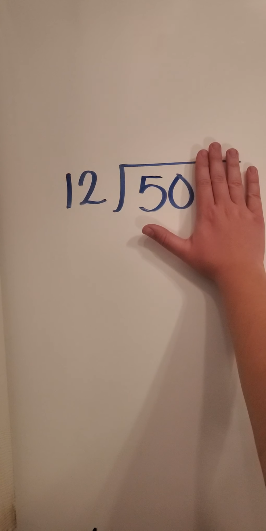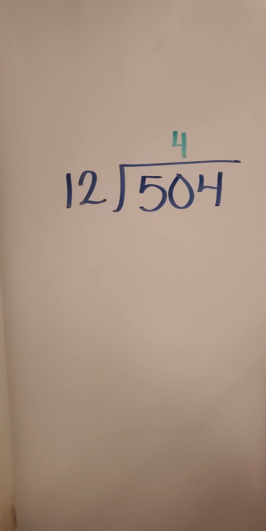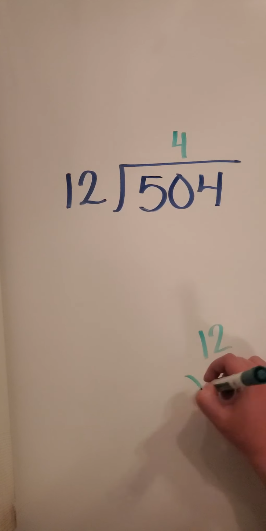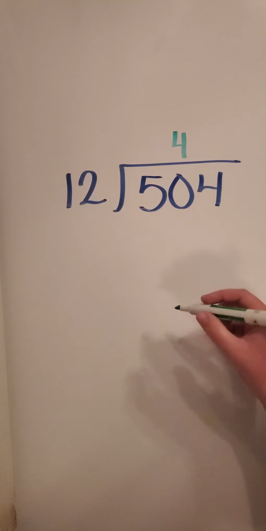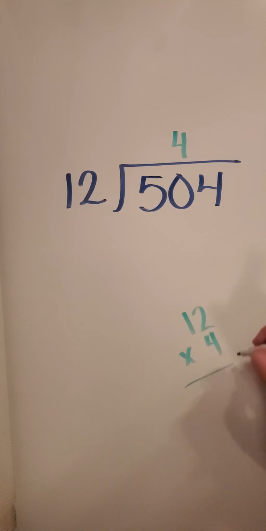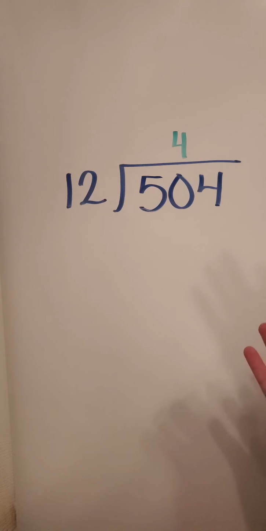All right, so we should think that 12 goes into 50 4 times. Okay, so I'm going to put a 4 up here. And with this, you might have to do some experimenting. So you might have to come over here and do 12 times 3. Well, 12 times 3 is 36. I can fit another group of 12 in there, so I'm going to try 12 times 4. All right, well, that is 48. 48 definitely fits into 50. And I can't add another 12 because then it would be larger than 50,